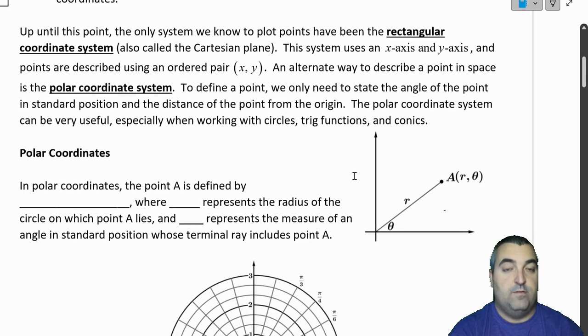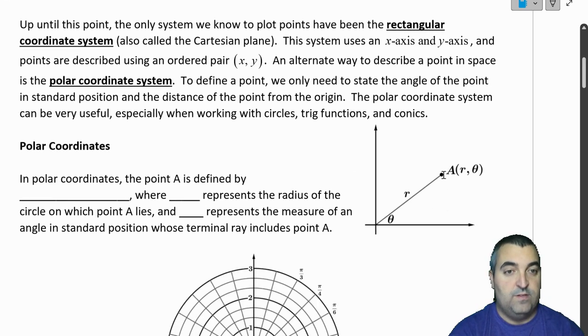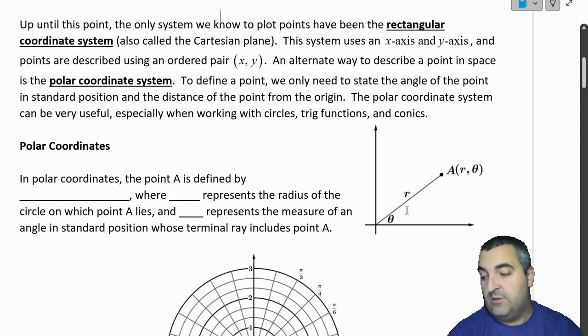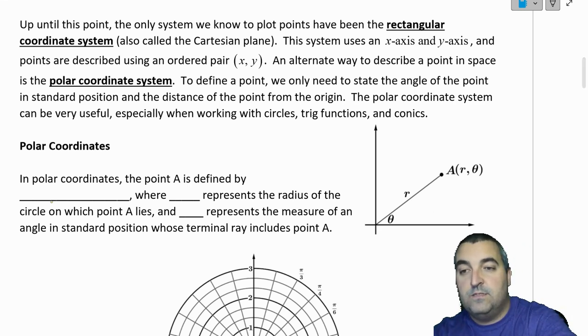So what we see here is we have this point that's out in space. Normally we would say it's going over x amount and then up y amount. But in the polar coordinate system, we just say the r value is some number, and then we have an angle that it is from standard position. So the coordinate points are written as r comma theta,